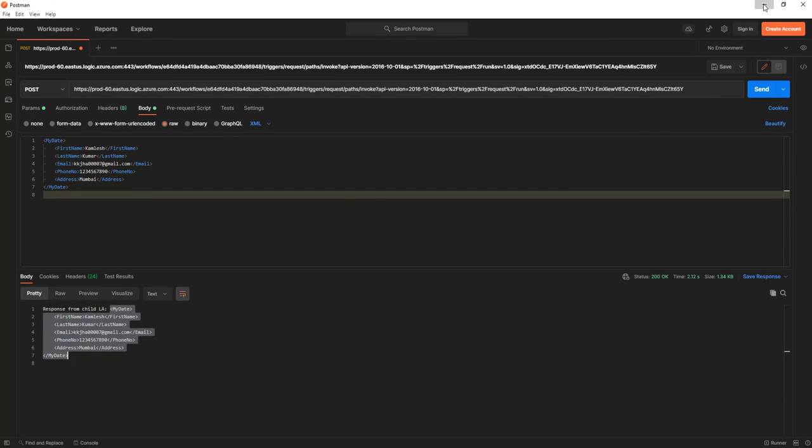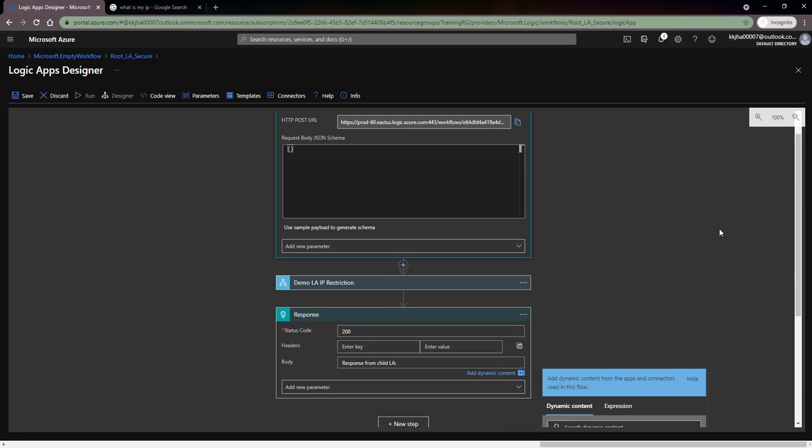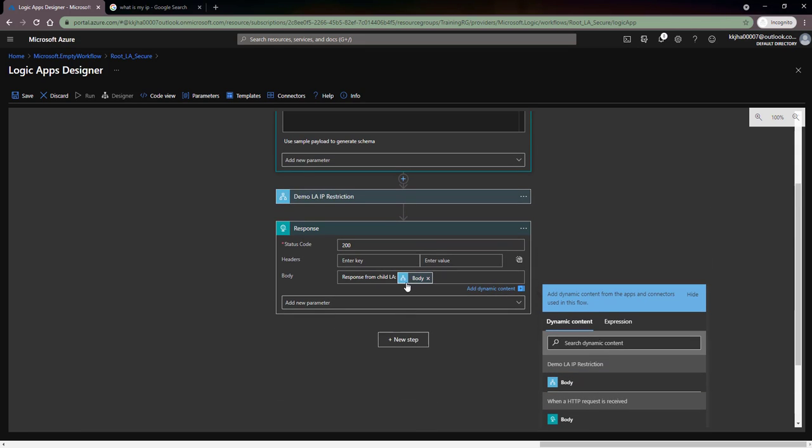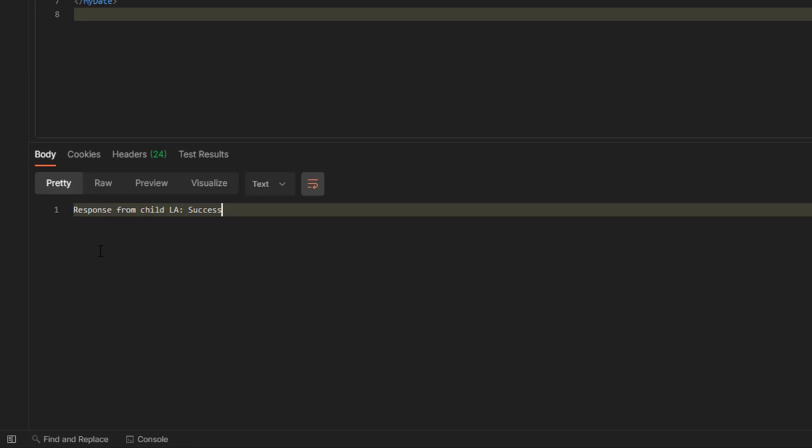Correct? So let's change something here. I'll choose this one and then save it. Now I'm trying to send the same message. You can see the response now, response from child logic app, and this is success.